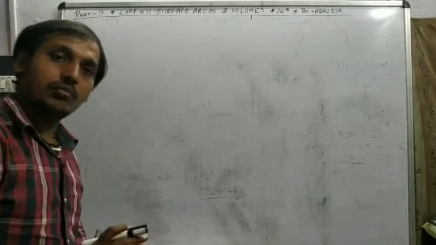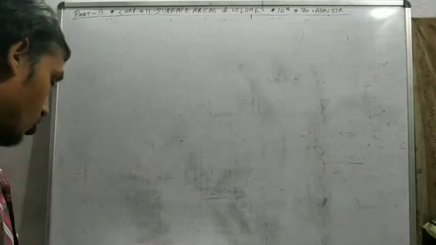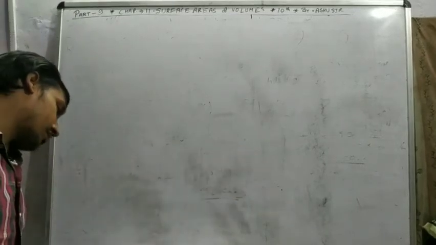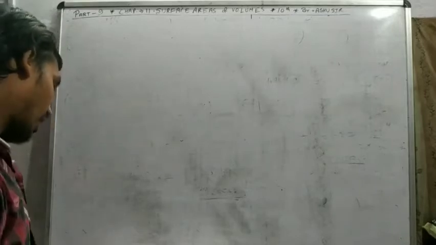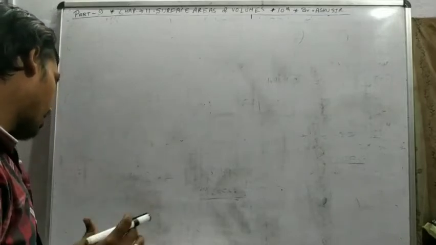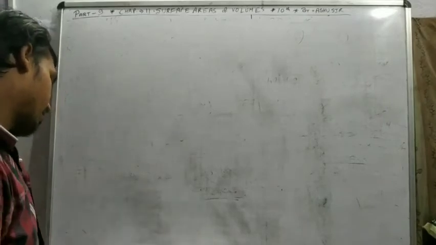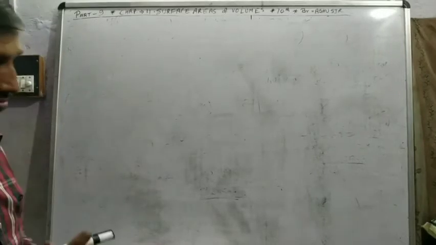Many students send me embankment problems, so we have to solve this question. A well of diameter 3 meter is dug 14 meter deep. The earth taken out of it has been spread evenly all around it in the shape of a circular ring of width 4 meter to form an embankment. Find the height of the embankment.